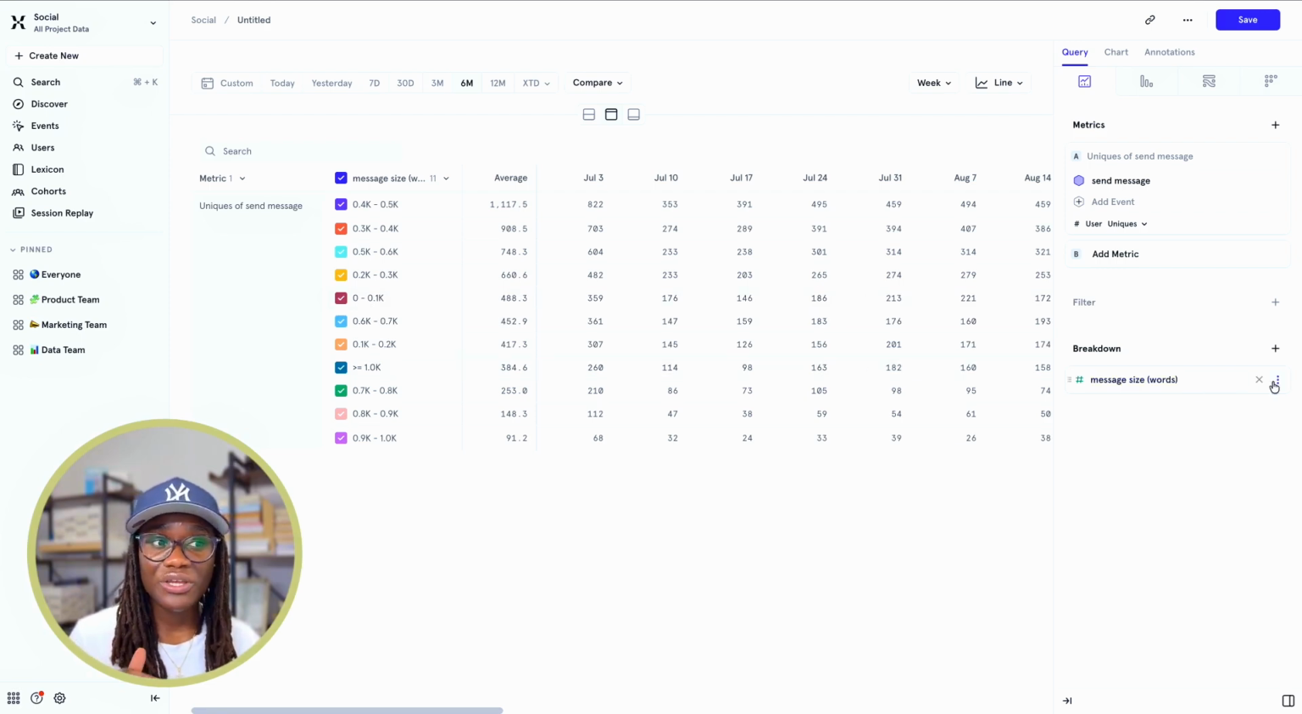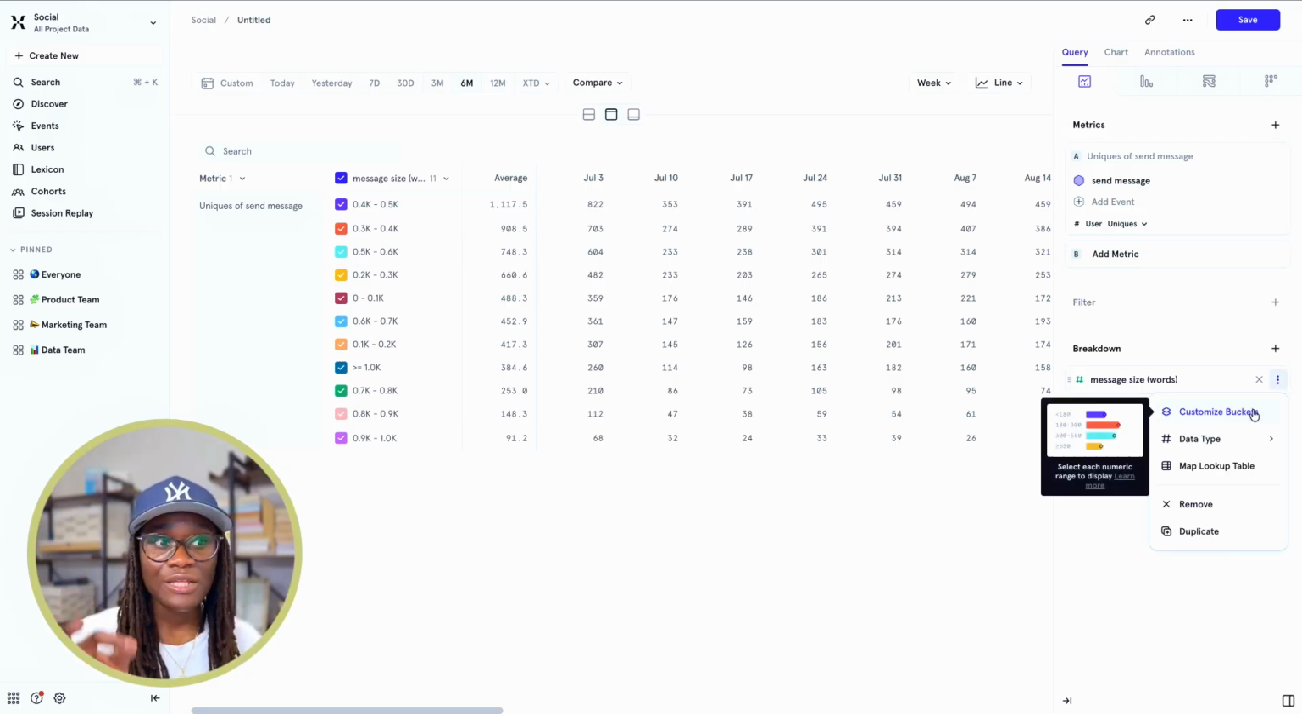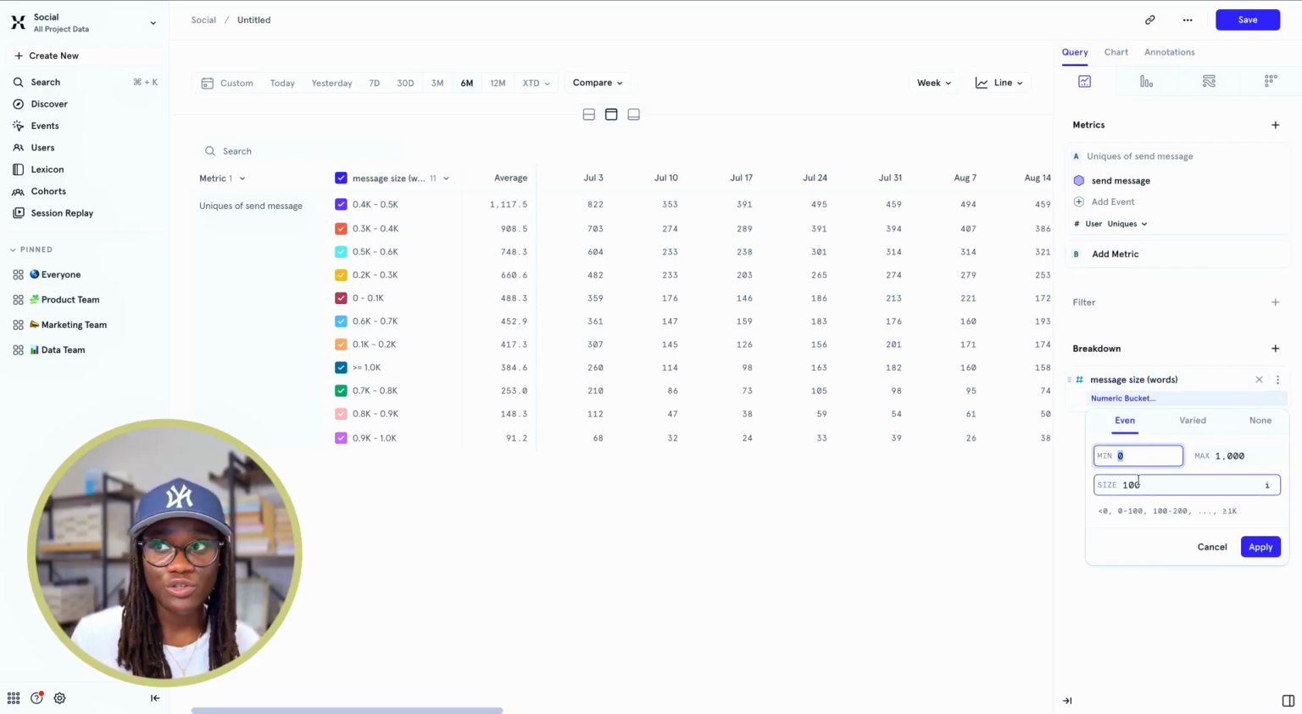And so you can go in to customize how your numeric properties can be broken down. Customizing your bucket requires you to first select the numeric property by which you want to break down, and then customize your bucket. Here I can customize my bucket. The default Mixpanel is using here is every 100 numeric values,